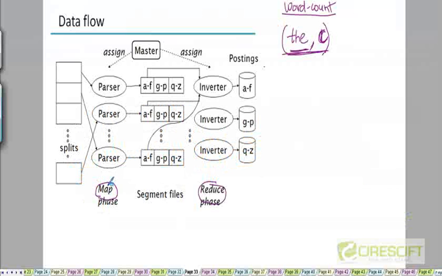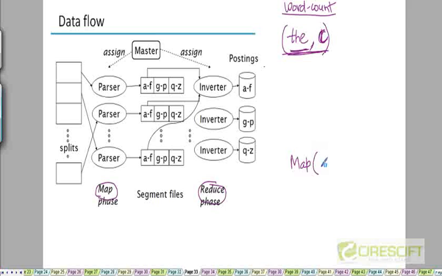So you can see these two terms, map and reduce, in this diagram. Map and reduce are terms that actually come from functional programming languages. I don't know if you've done any course on programming languages, or programming courses on languages like SML or Scheme or Lisp, or one of the functional programming languages. But those languages have these mapper and reducer functions, and the job of the map function